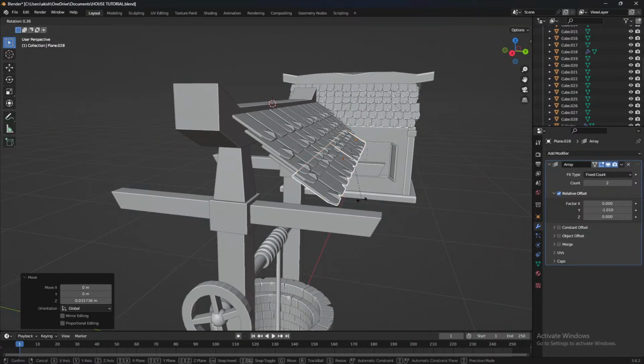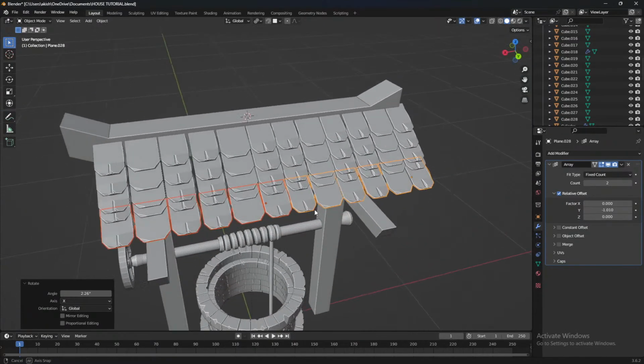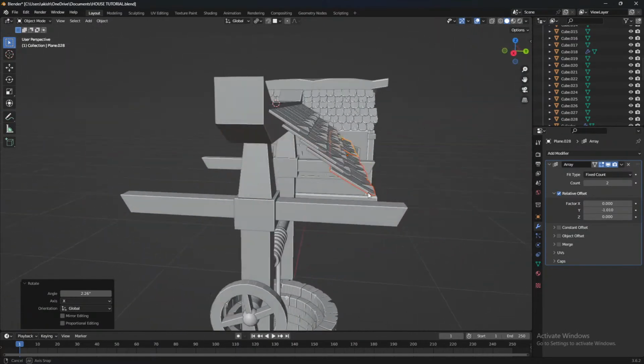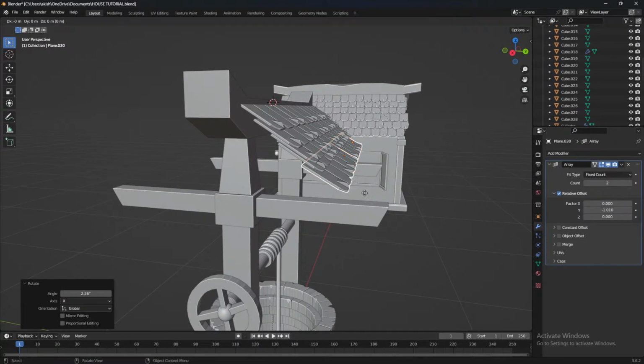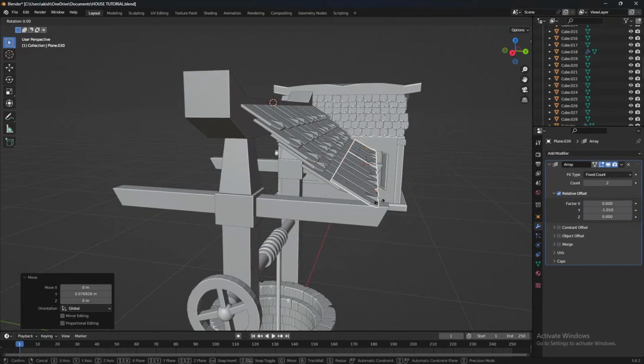Maybe rotate on x-axis a little. Shift D and Z, bring it down, grab Y, rotate around x-axis a little,